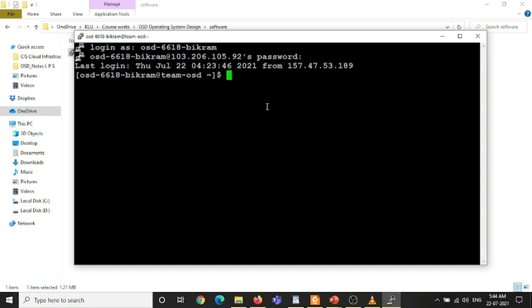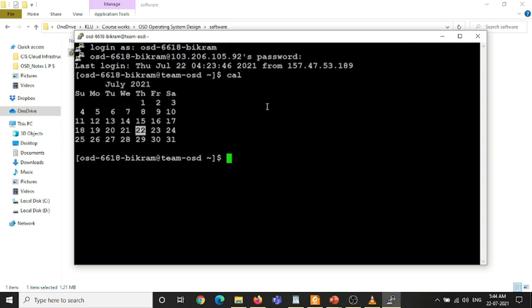One command is the cal command. If you type cal, it will simply display the calendar here. See, this is July 2021 and this is the 22nd of this month.